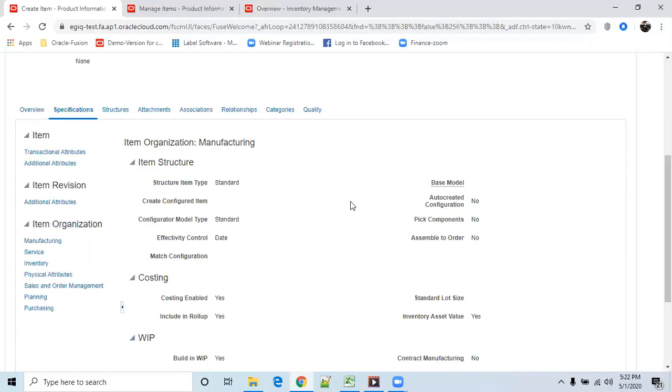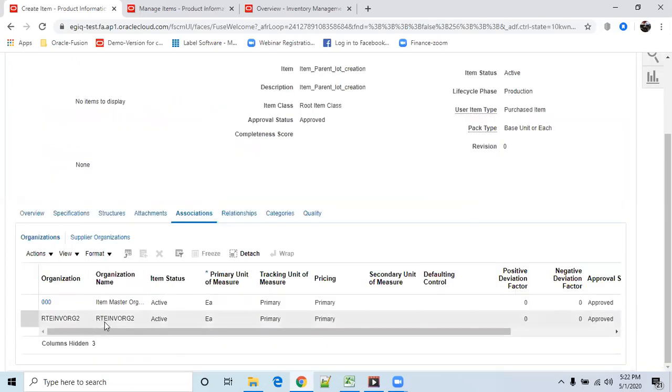I'll show how to change that from master to inventory organization level as well. So now we'll go for master org only. Now I want to impose the lot control configuration at the master. When I apply the rule at the master, the system will automatically apply those rules for all inventory orgs, whichever inventory orgs you added in the associations. That is the difference.